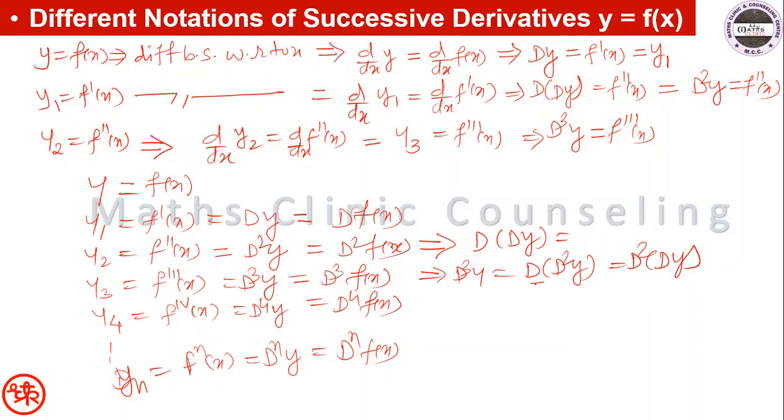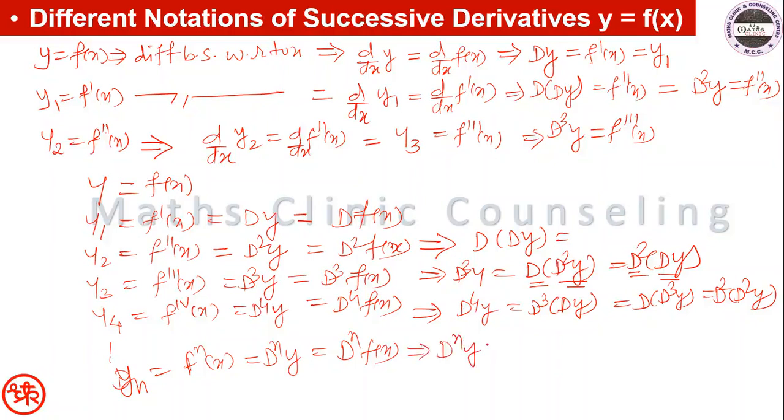The first derivative of the second derivative of y, or the second derivative of the first derivative of y. Similarly, we can write here d4 of y is equal to d3 of dy or d of d3y or d2 of d2y. Is that clear? So we can write likewise, and hence